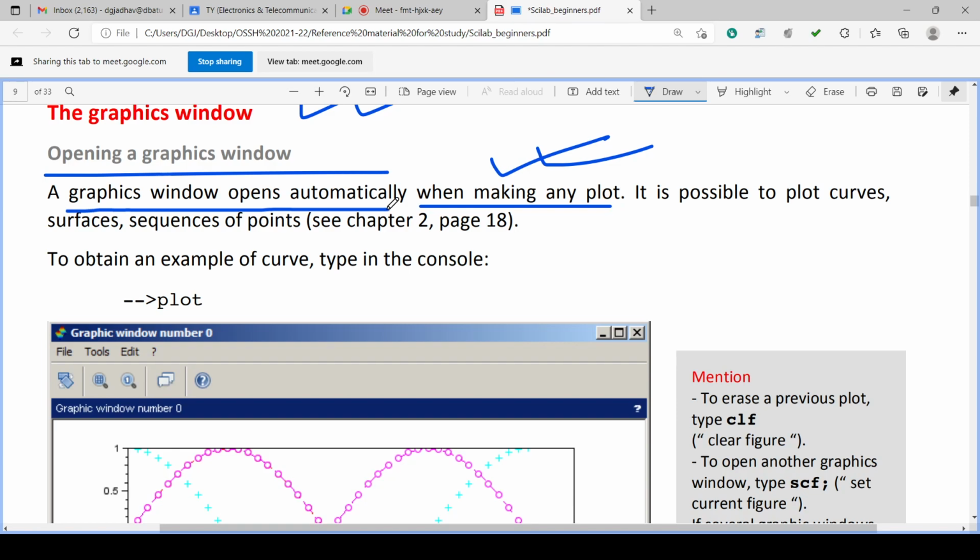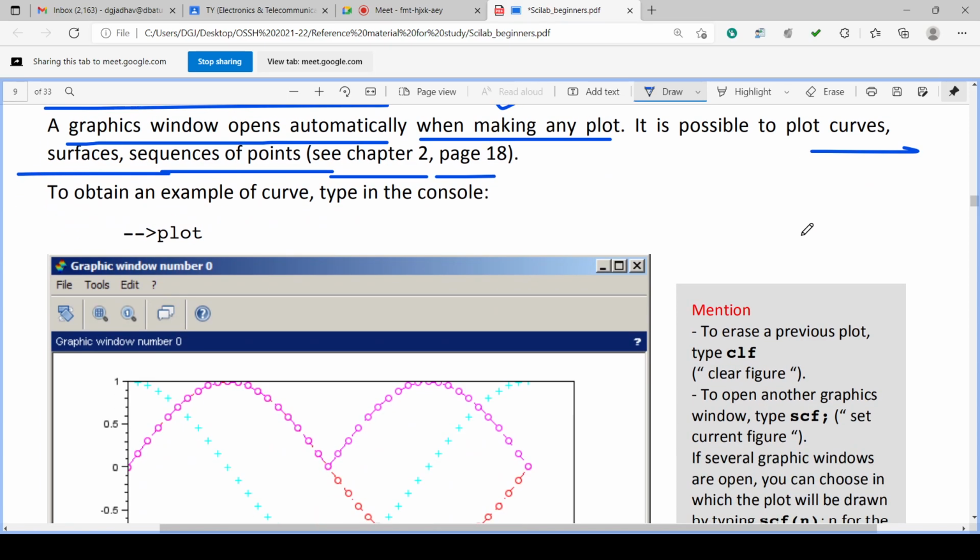It is possible to plot curves, surfaces, sequences of points, etc. In chapter 2, page 18, it is discussed in detail. We will discuss that when we reach chapter 2, page 18.